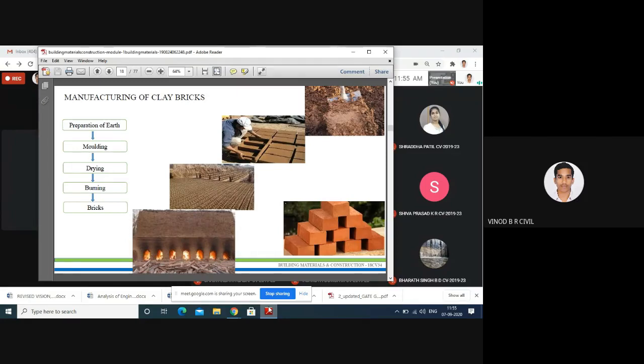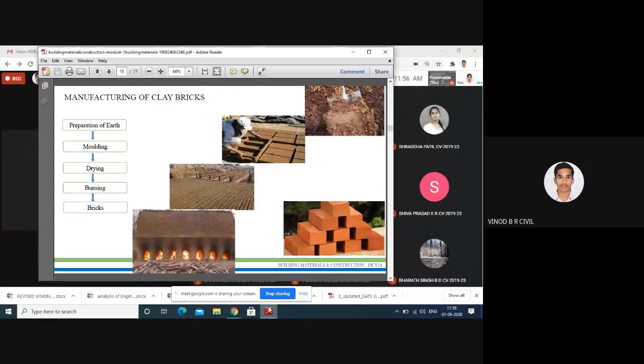Nowadays, there are different machineries. They burn in a different process, and at the same time we can expect the flame, or burning effect, all around the brick. That means a uniform burning process we can expect in a brick. That is the new burning process with the help of an oven at different temperatures. Some of the soil bricks require 90 to 100 degrees Celsius. Some of the bricks 100 to 120 degrees Celsius. Some of the bricks are burned at more than 120 degrees Celsius.